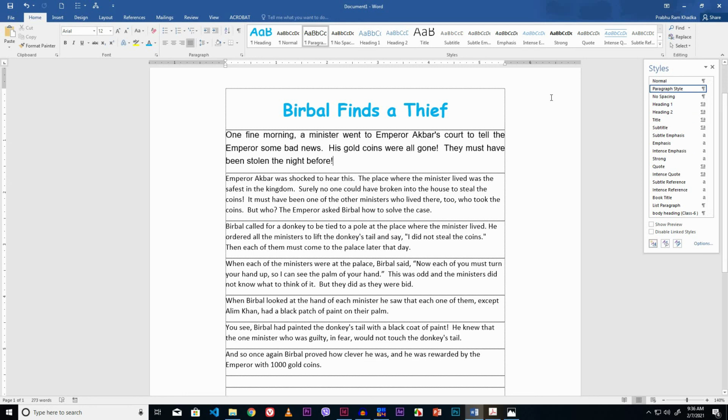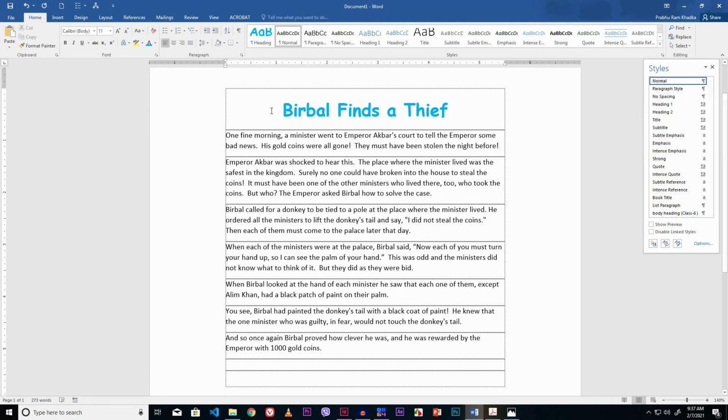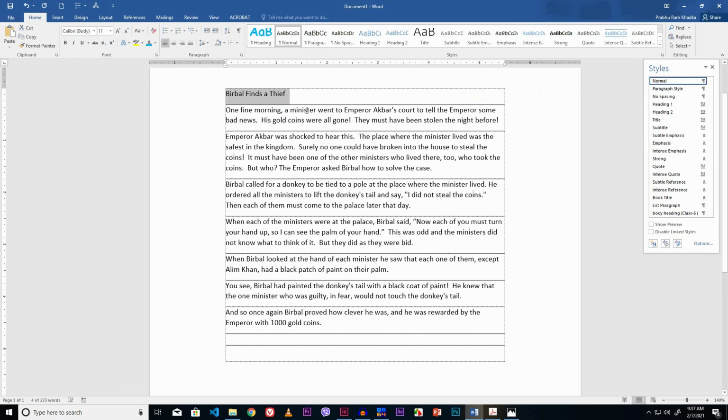Once I like to go back to the normal formatting position, I select the heading and click Normal. Look here, our document is in the normal formatting position. Now apply the created styles.